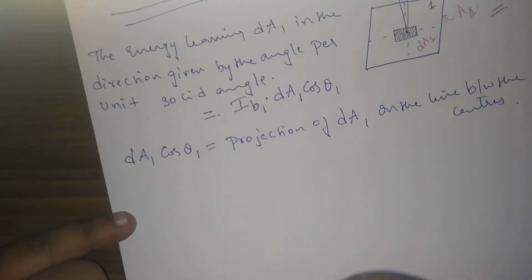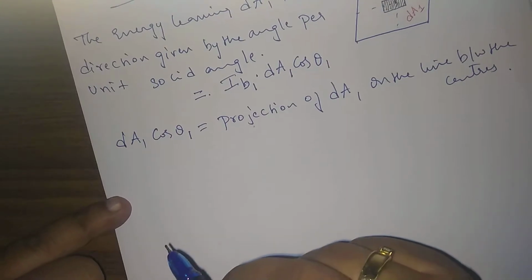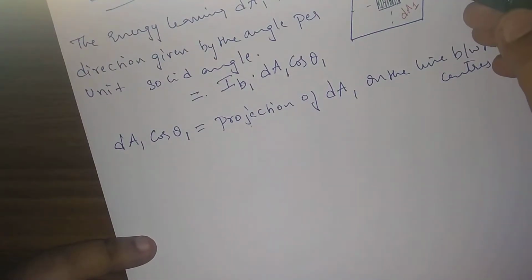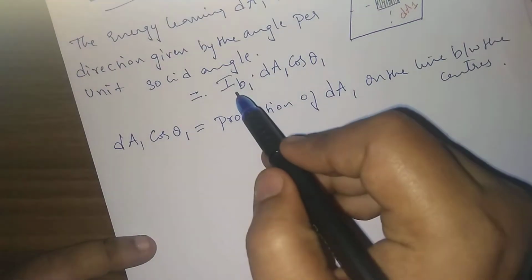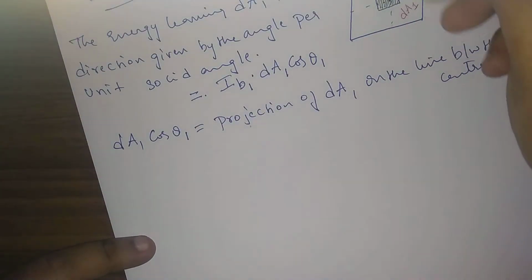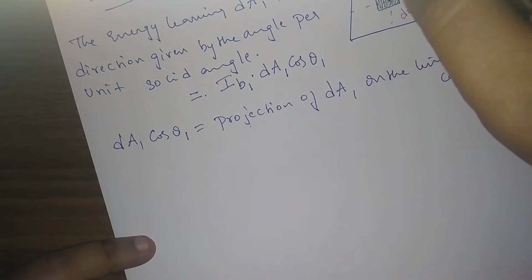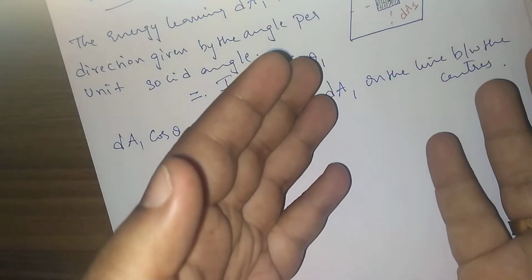Are you able to understand? So dA1 cos theta 1 is that component. Now the next is the net radiant energy. What is that? In that solid angle, whatever the intensity is, that is the energy leaving per unit solid angle. So if you multiply by the solid angle, that is the amount of radiant energy that is coming out from